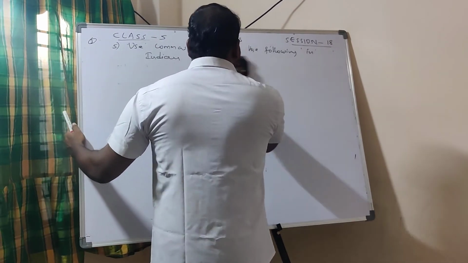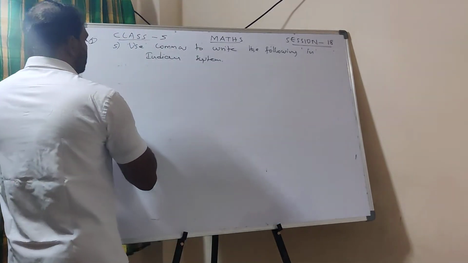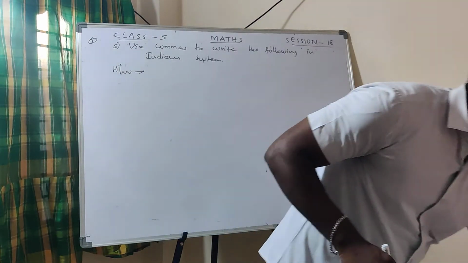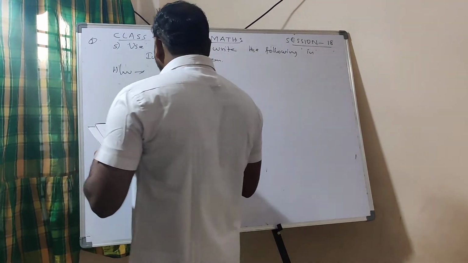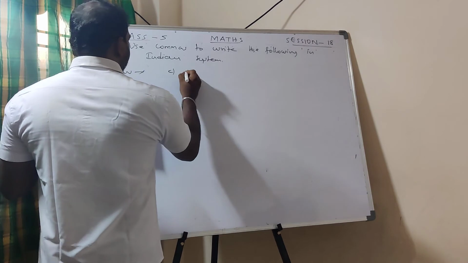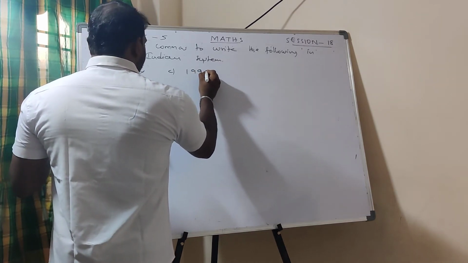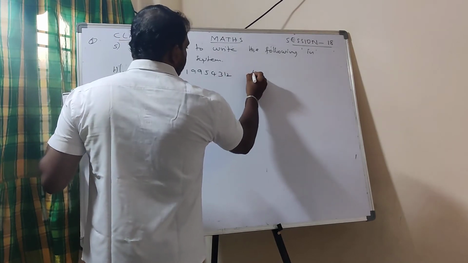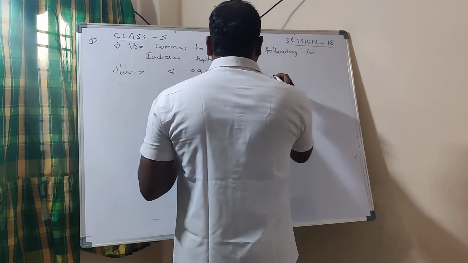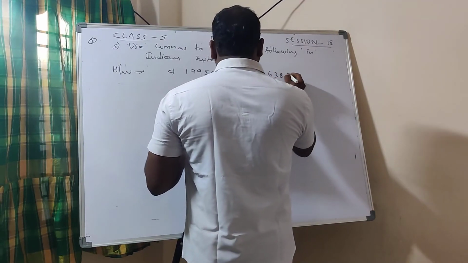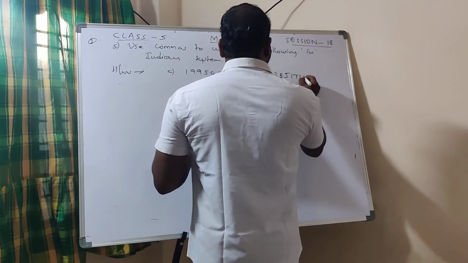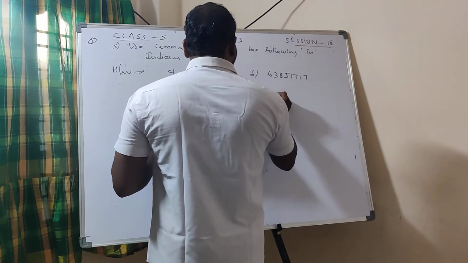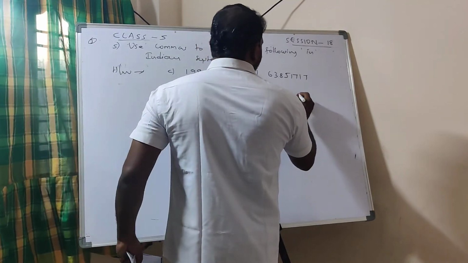Now in this case also there are still 4 bits. You have to write 3 bits as homework. I will write the homework on the board. What is the homework? The first one is question C, 1, 9, 9, 5, 4, 3, 1, 2, and D bit 6, 3, 8, 5, 1, 7, 1, 7, and E bit 3, 0, 5, 4, 2, 2, 1, 4.